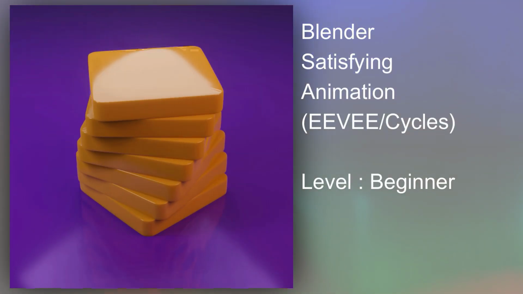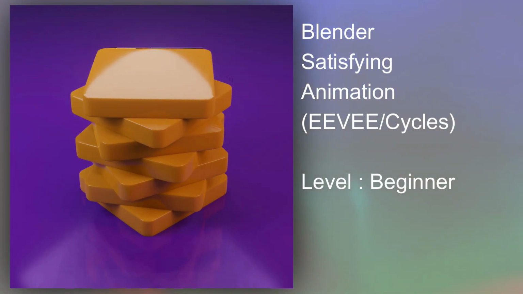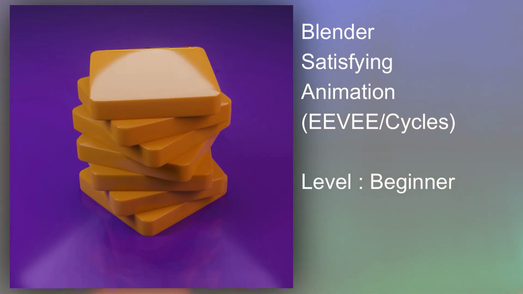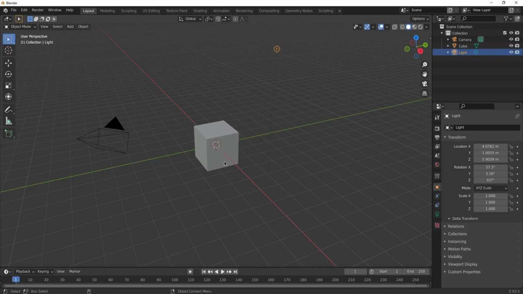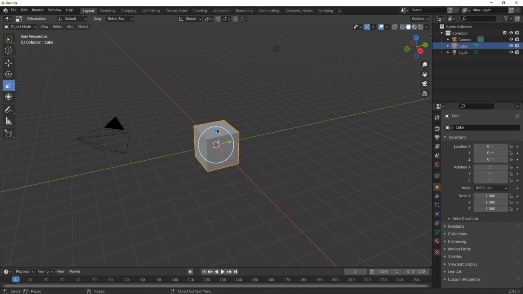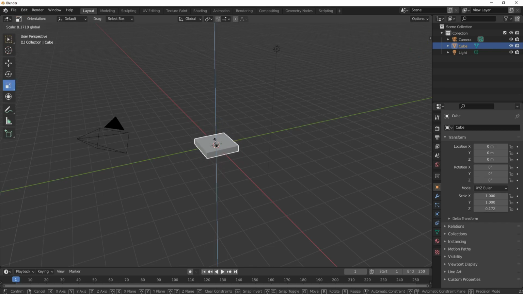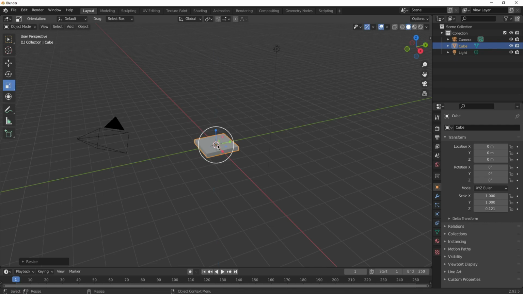So in this tutorial we're gonna make this satisfying animation using Blender. This is an animation that will be supported by both Eevee and Cycles, whichever you prefer. So let's get started. So right now we have our default cube that we are going to reduce in size